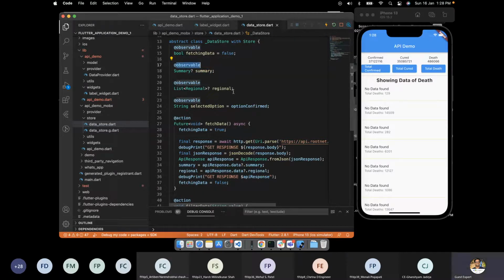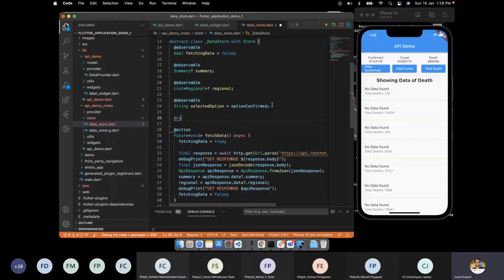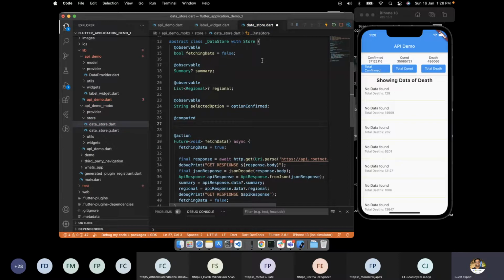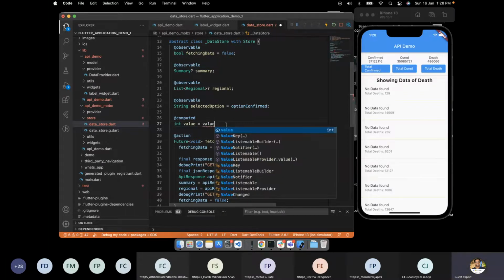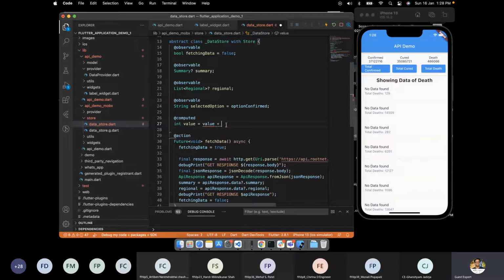So rather than observable, we also have a computed annotation. Computed annotation is based on the observable. So here we can have, for example, an integer value equal to value plus fetching data.